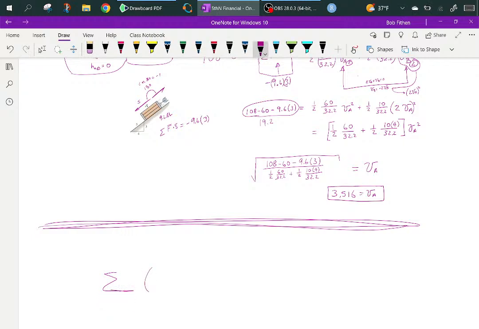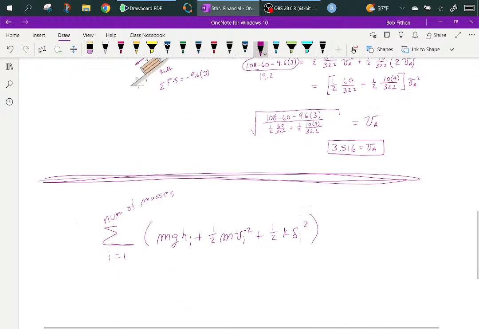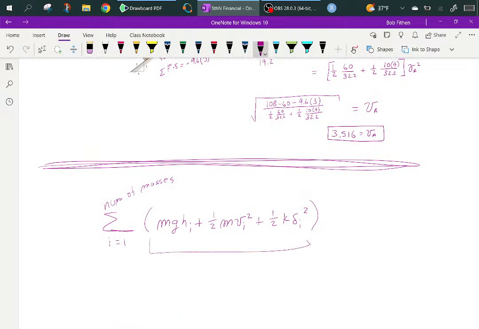well, how about we do this? How about I equal 1 to the number of masses. Of all the energy states, MGHI plus 1/2 MVI squared plus 1/2 K delta I squared. All of those, so all the potentials, so this is essentially the energy at state 1, or you might say time 1,